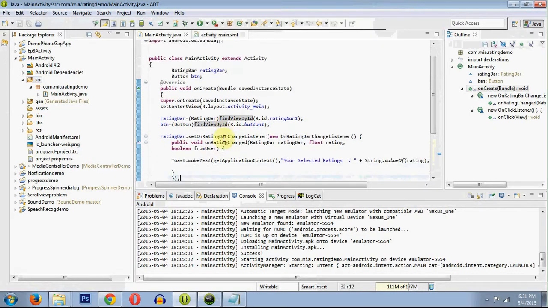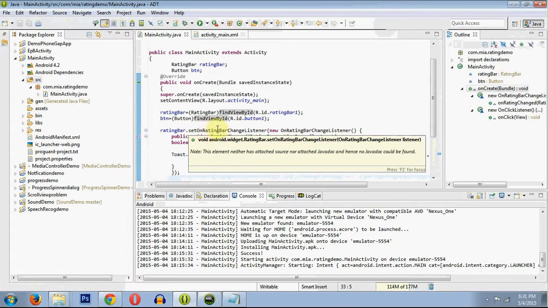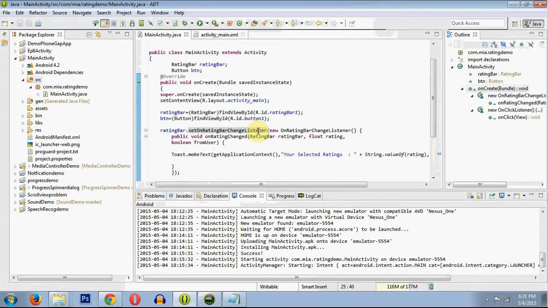The next thing we will do is call the method setOnRatingBarChangeListener. What this does is, when there is a change in the user movements, meaning the user gives input, it will act according to the inputs.